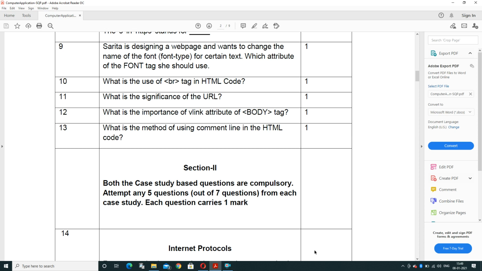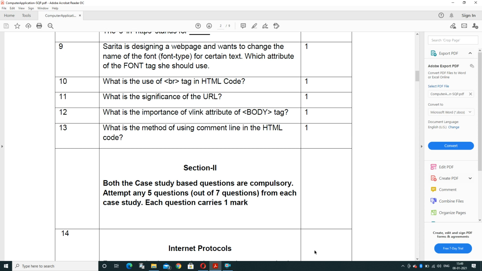If you are searching for particular notes, it will search for a particular website, and that website contains a particular unique address. That unique address can be maintained in the form of URL, and the full form of URL is Uniform Resource Locator.